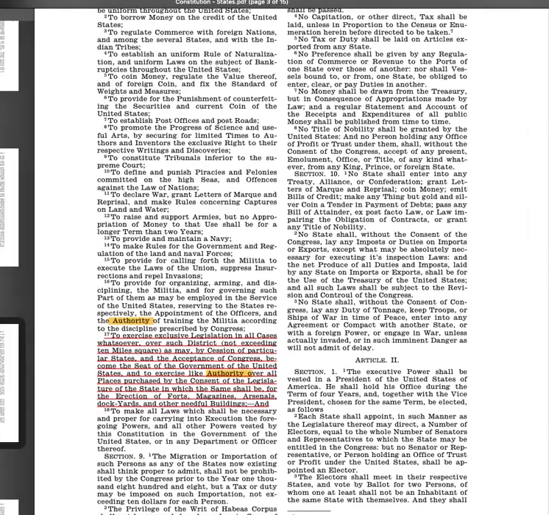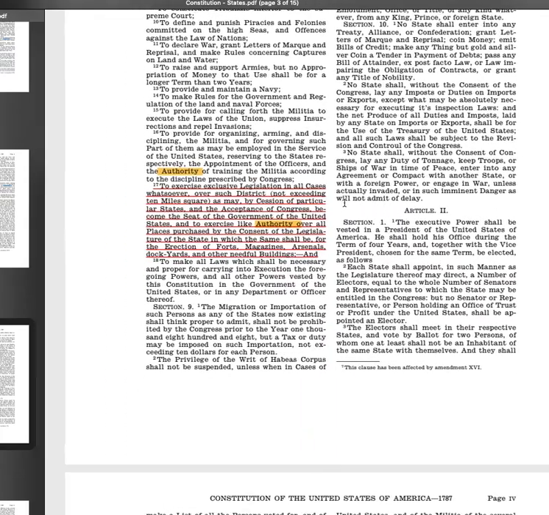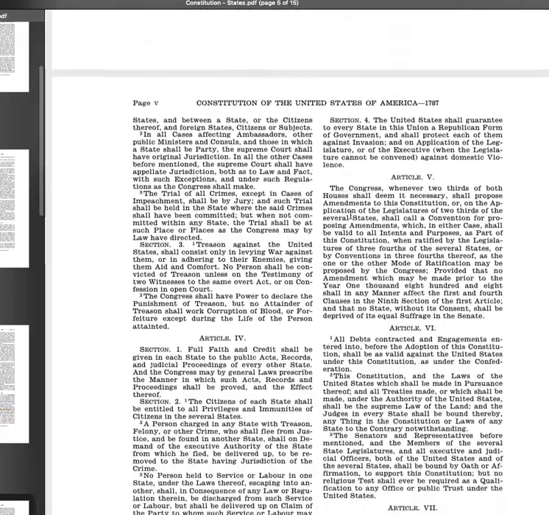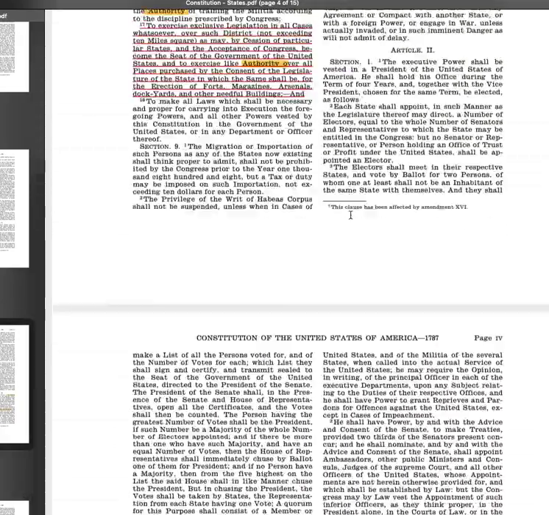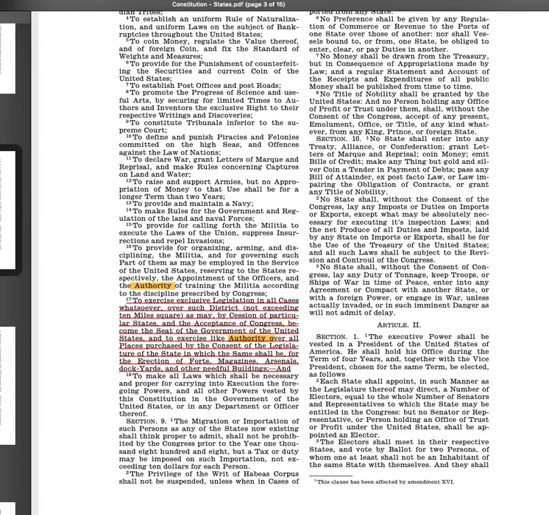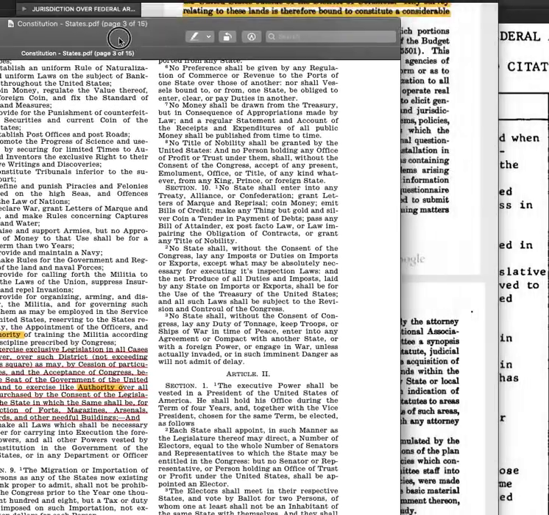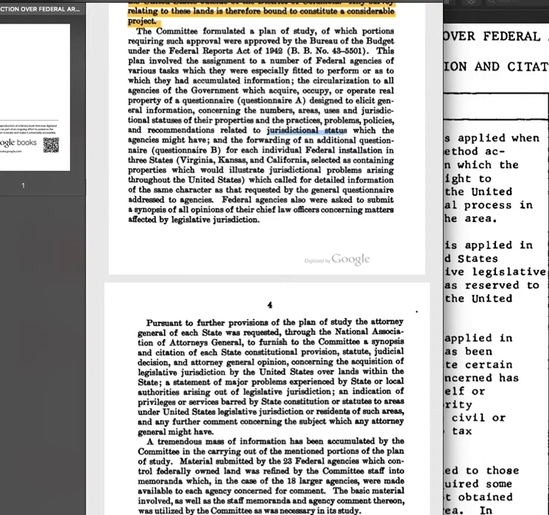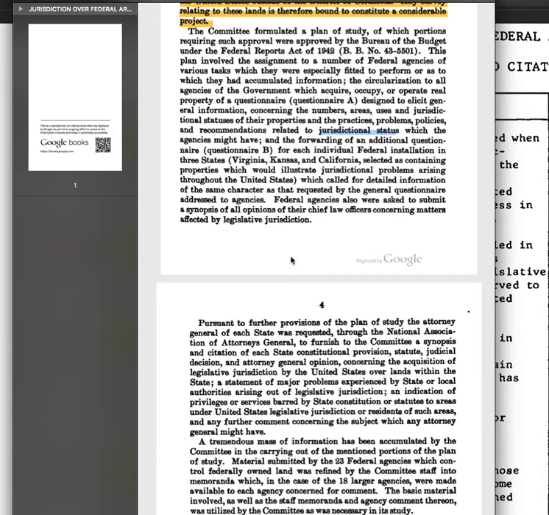But they use the Constitution and they say, oh, but you see this article or that article or this little piece right here that says we can make contracts and we can do these different things. But all of that was supposed to be contained on those lands that they annexed specifically. So anything they do was supposed to be for fortification purposes, not to control all federal everything or tax all people everywhere. Historically, that's never been the case, that taxes were something that every single person had to pay.